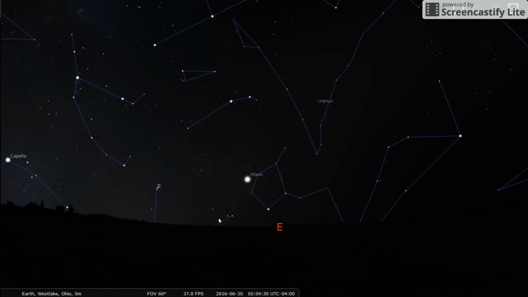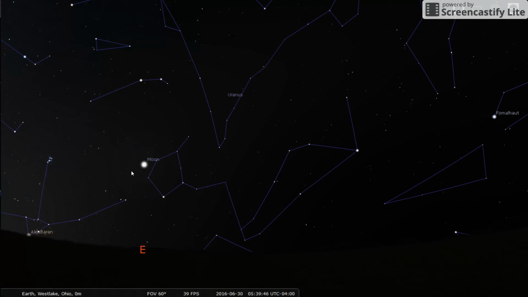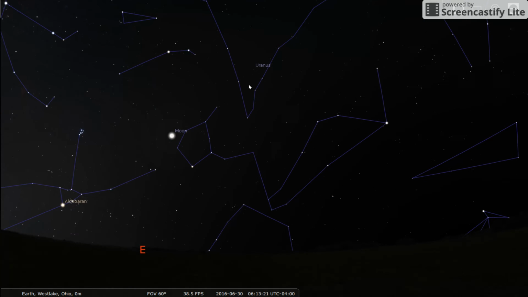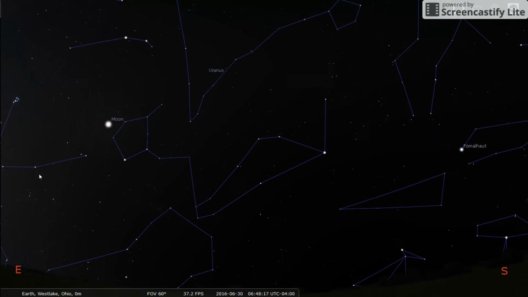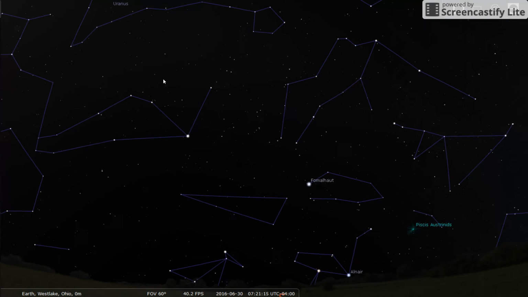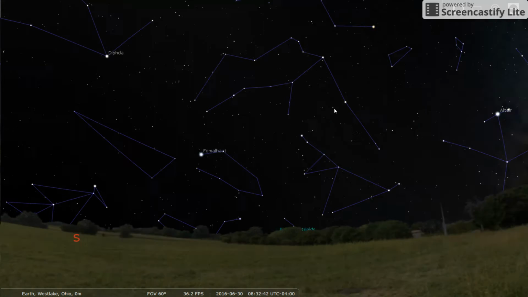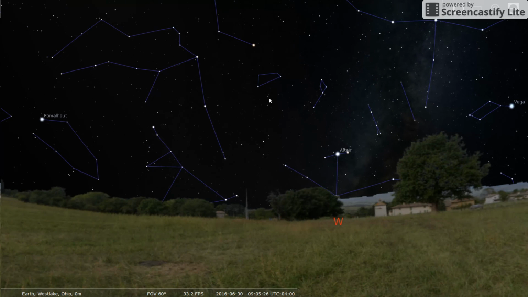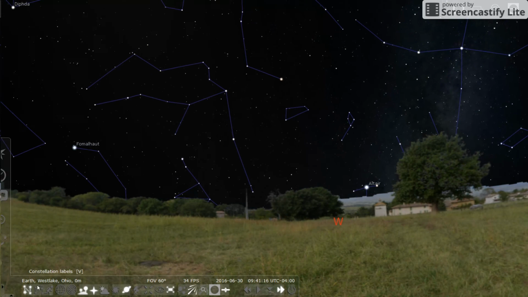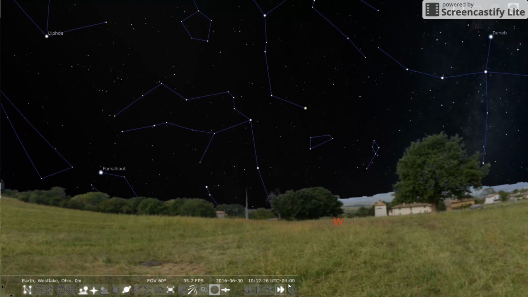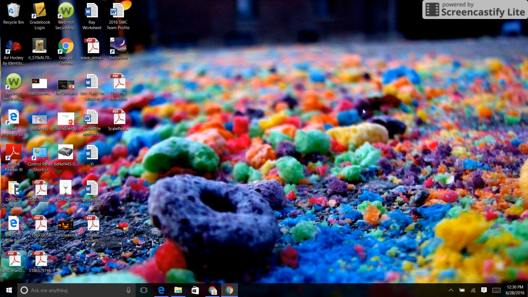Okay, as we go from the east here to the southern sky, notice that the moon, all the planets, even the sun kind of follow this line going from the east through the southern sky to the west, and that's what we call the ecliptic. And I'll close